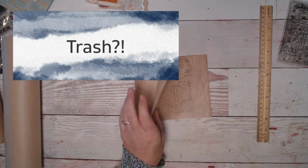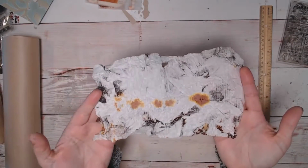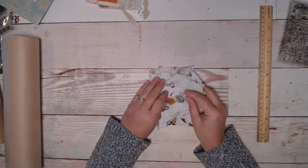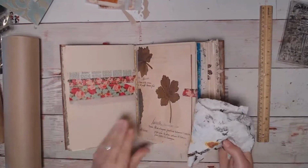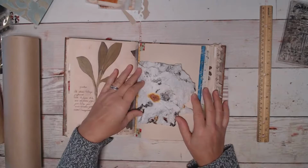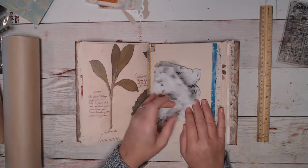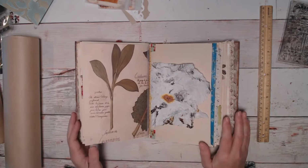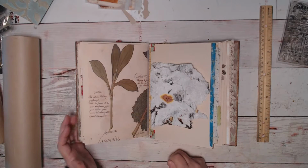How about when you're cleaning up your desk? How about using the paper towel that you used to clean up your desk? So let me find a good page just to demonstrate. So how fun would that look if it was sewn in? I love it. So when you're sopping up your ink, if you're doing any mixed media or painting or inking,